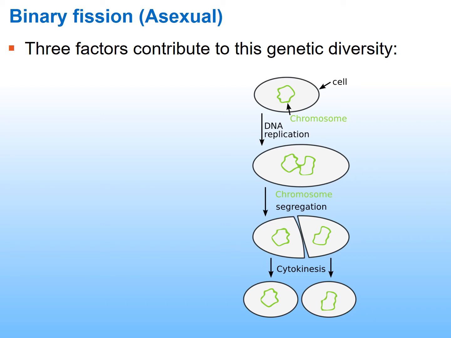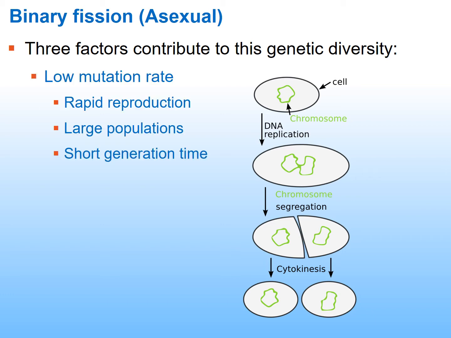With asexual reproduction, it's like mitosis in eukaryotes that you learned in General Biology 1. You start out with one cell and you end up with two genetically identical cells. Now, they're not perfectly identical in general, and there are other factors that contribute to genetic diversity,